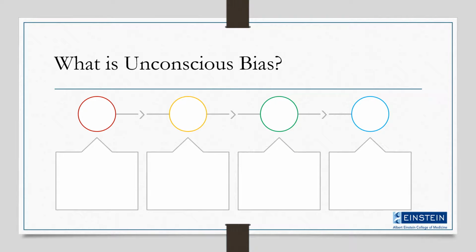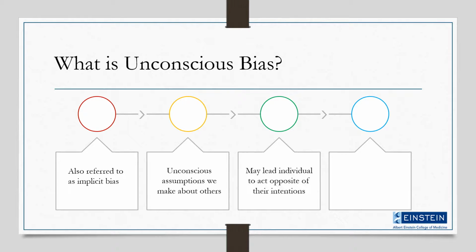So what is unconscious implicit bias? To ensure that we are on the same page and have a shared understanding, let's begin by reviewing some terminology. Unconscious bias is also called implicit bias. Throughout the program, the two terms will be used interchangeably. Unconscious and implicit bias refer to the unconscious, unintentional assumptions we make about others. Assumptions can be correct, harmless, or even funny sometimes. Other times, they can be hurtful to the individual on the receiving end and affect our behaviors toward one another